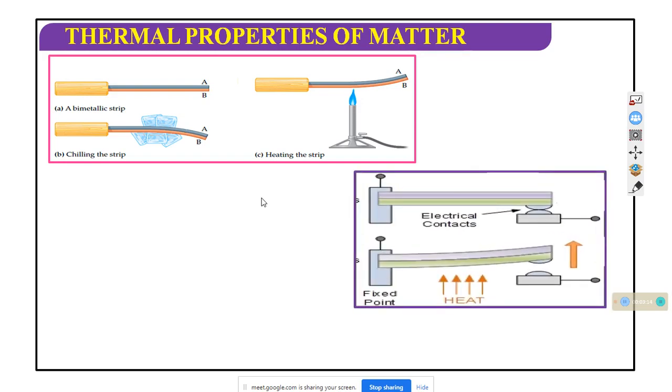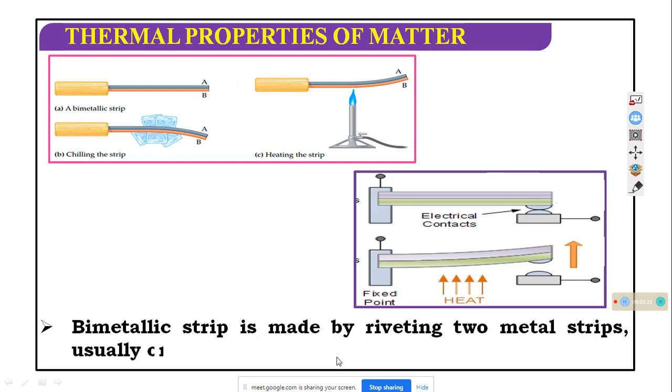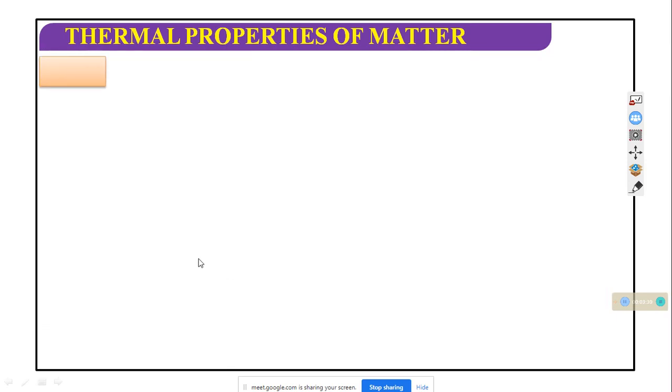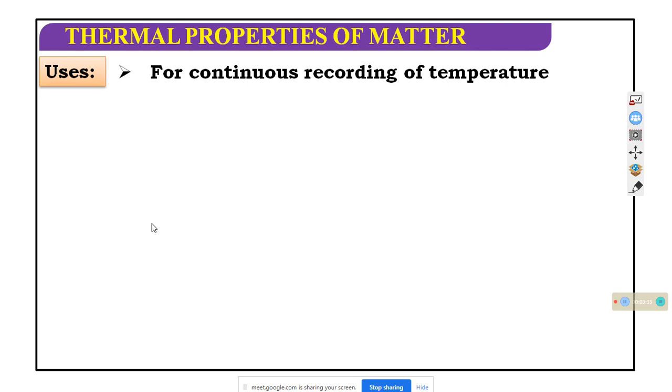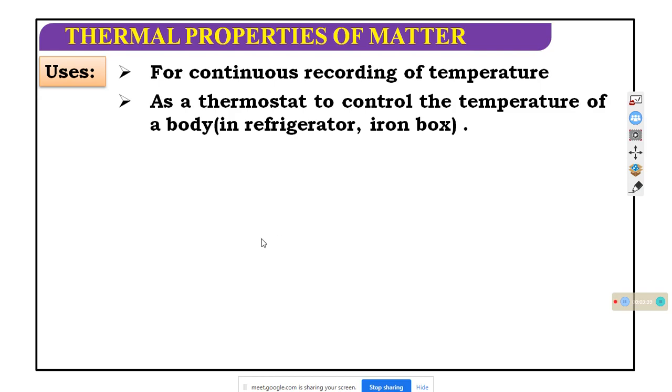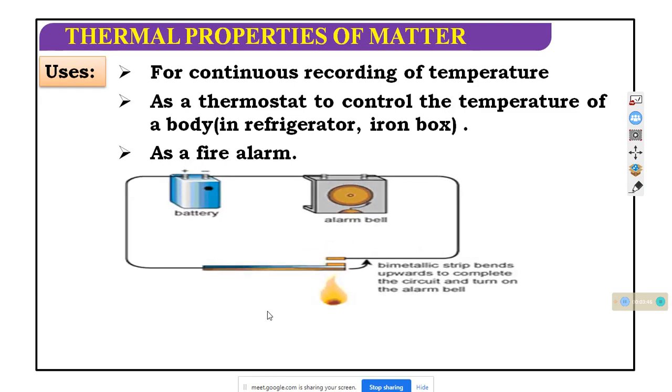Okay, এটাকে হিট করার পরে এটা এমন ফেনোমেনা করছে. A bimetallic strip is made of two metal strips riveted together, usually one of brass and the other of steel. Next, uses: for continuous recording of temperature, as a thermostat to control the temperature of a body in a refrigerator or iron box, as a fire alarm. Okay,